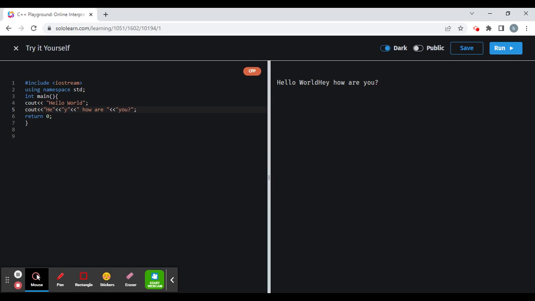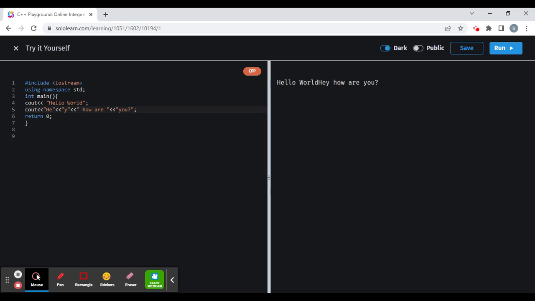Yep, exactly. And notice how it says hello world, and then "hey" got printed right after, right onto it. That shows that even though it's on a different line, line 5, it doesn't separate the D from the H, because there's no command for a new line. In a later video we'll see what that command is. For right now, let's not worry about that.